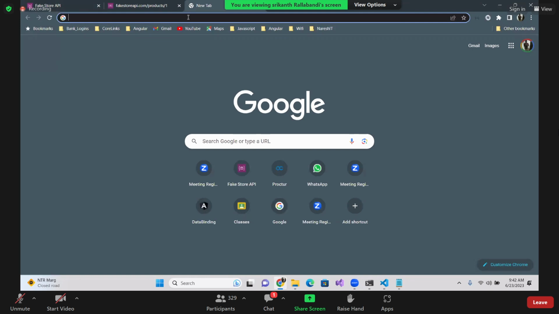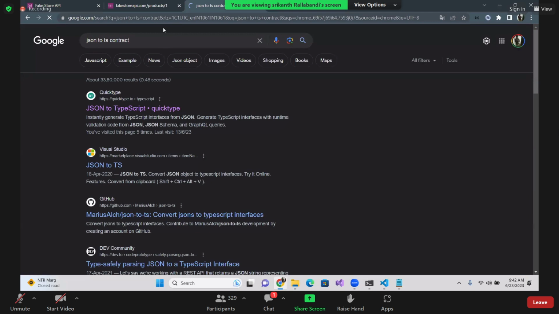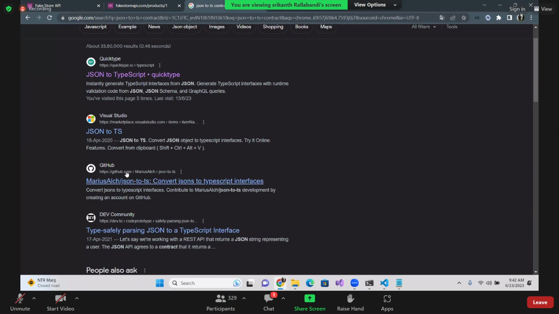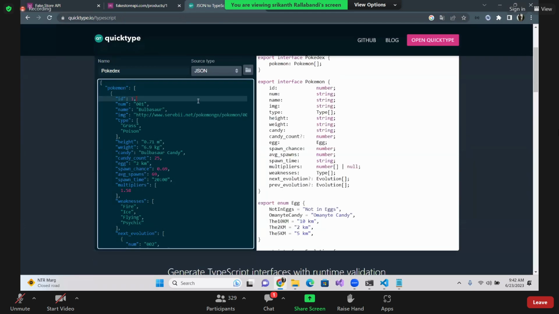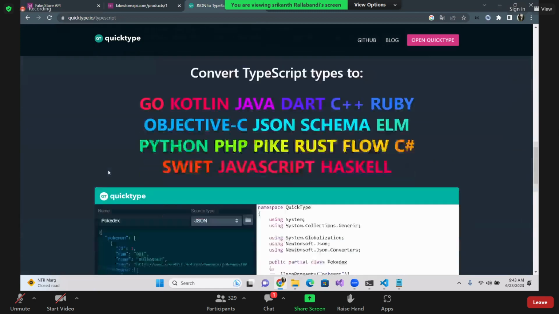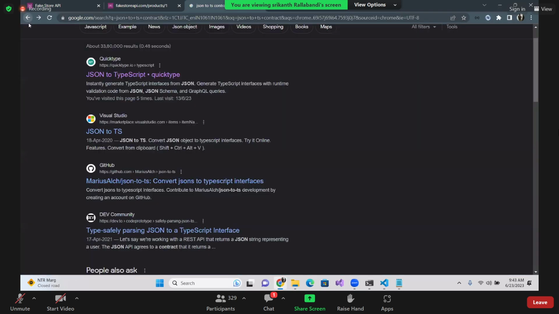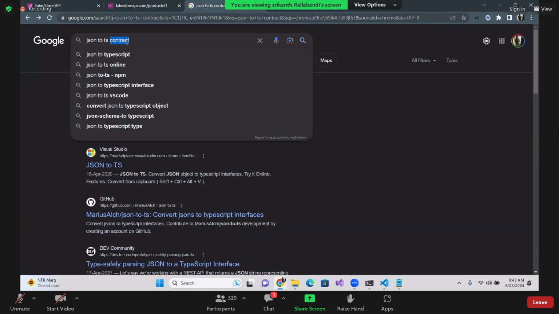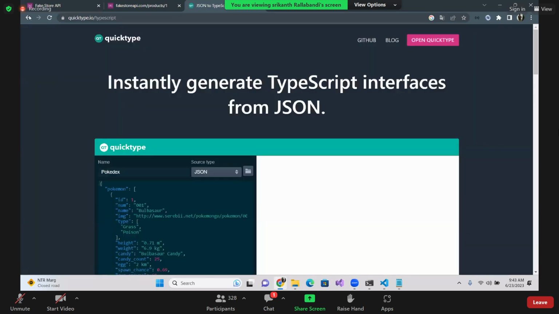I'll be using something like, let's say, JSON to TypeScript. If I'm using a TypeScript contract, if you type it, there are many available, and in that you can select any one. Okay, it is not allowing you. This is also not. Let's say JSON to TypeScript. When I go with that,